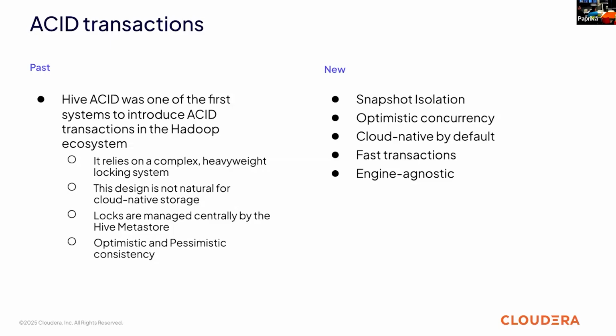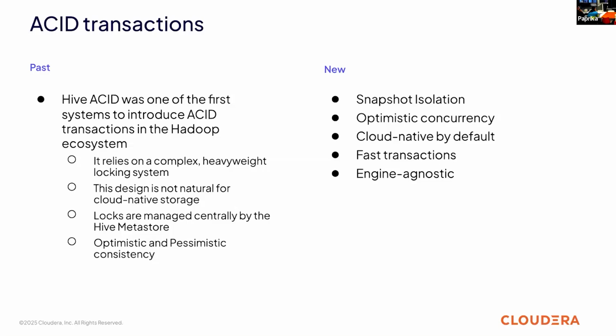Also, this type of implementation was not designed for the cloud itself. It is possible to use, but not the best. Also, the locks are managed in a central place in the Hive metastore, which is also a question mark as to why it is there, but this was the design. If we go back now, more than 10 years later, maybe we would do it differently, or Hive would do it differently. But again, they had an idea, they put their idea into the implementation, and they did it.